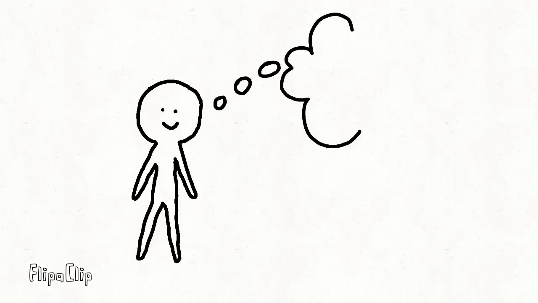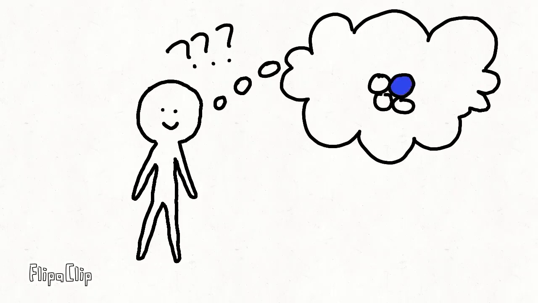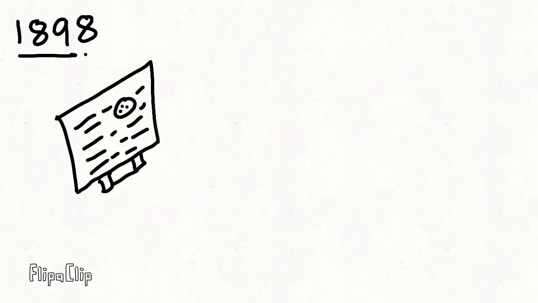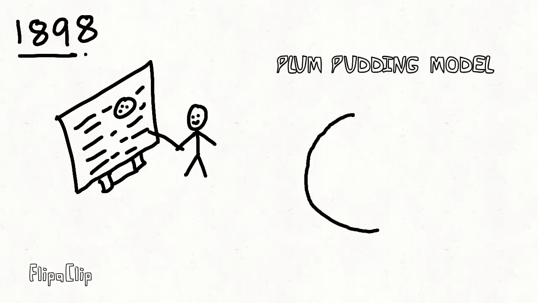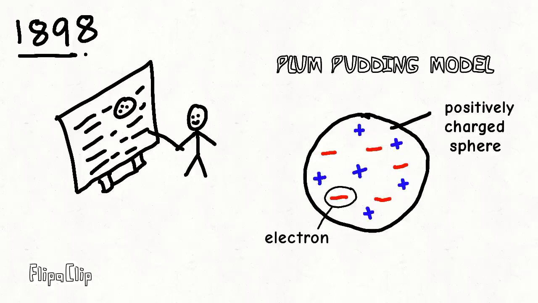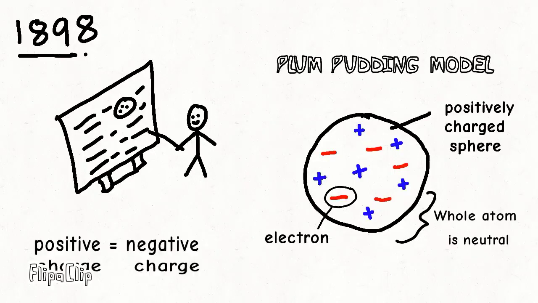Did you guys ever wonder how the atom was discovered, why, and also when? Let's take a look at the history of the atom, theories, and models. First is J.J. Thomson. In 1898, Thomson proposed a model called the plum pudding model. It shows that the atom is composed of electrons scattered throughout a spherical cloud of positive charge. He also recognized that electrons, which are negatively charged, are a component of atoms, thus making the atoms neutral due to the balance of positive and negative charge.